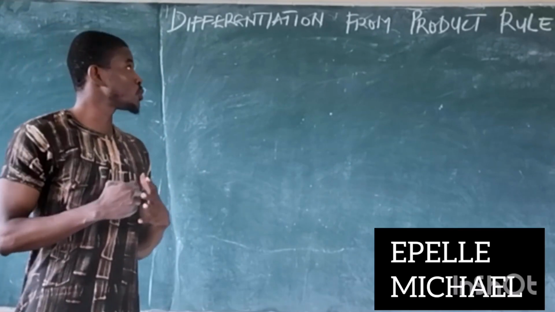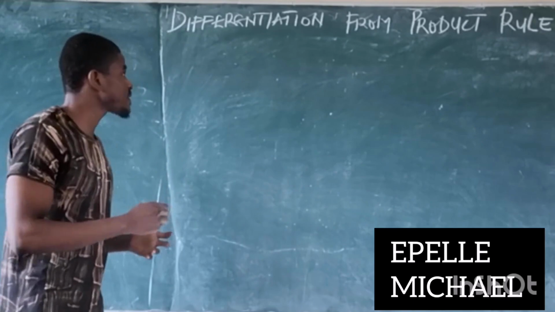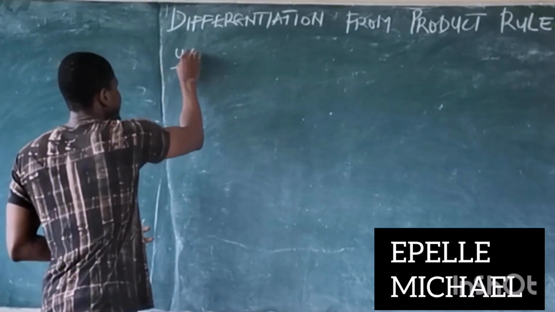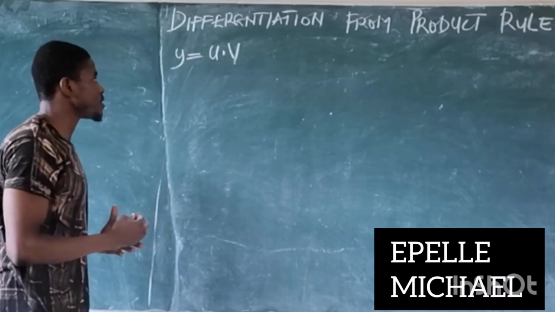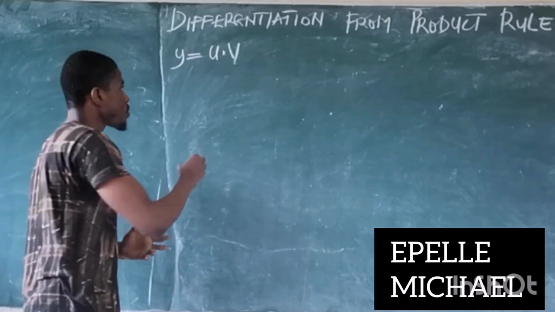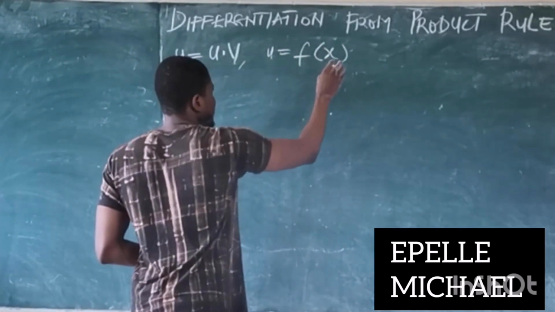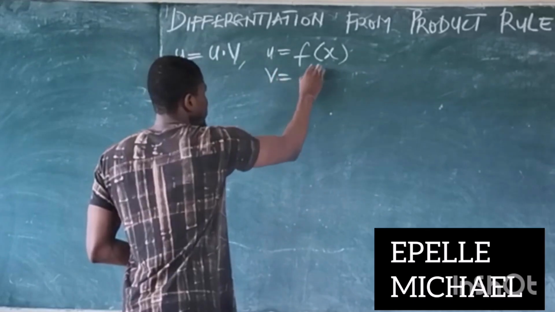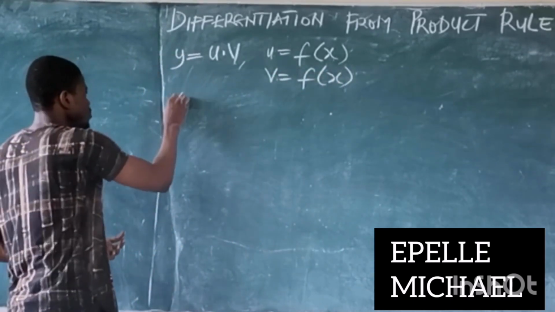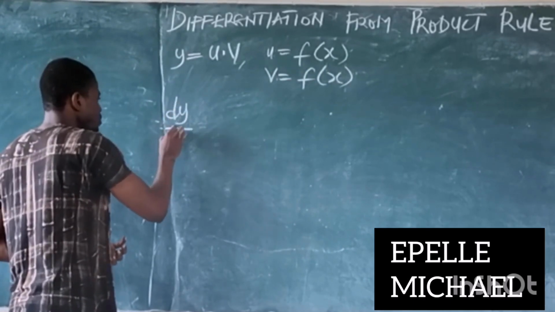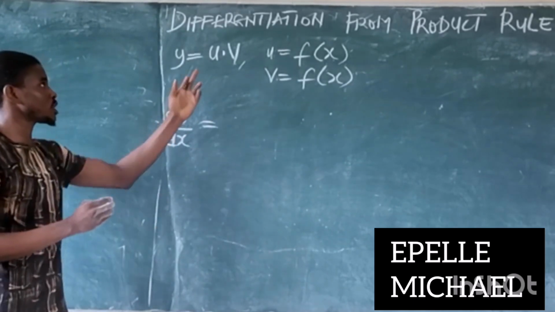Now I'm going to show you how to differentiate from product rule. Let's say y is a function of u and v. So you have y to be a function of u, v, where u is actually a function of x and v is also a function of x. Okay, now to differentiate y with respect to x, that's dy/dx,